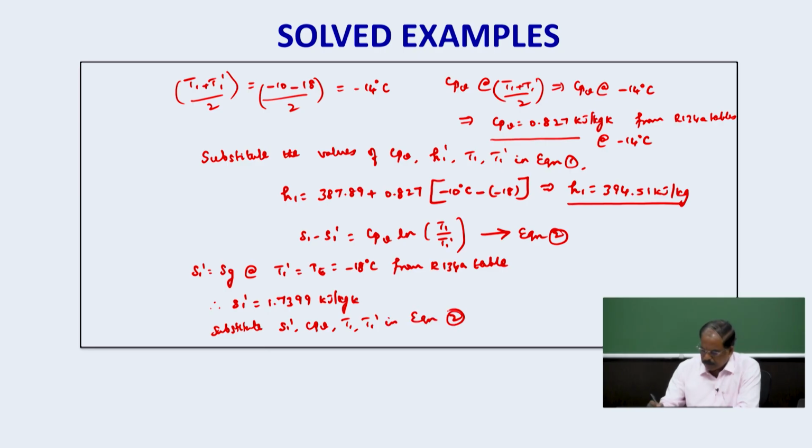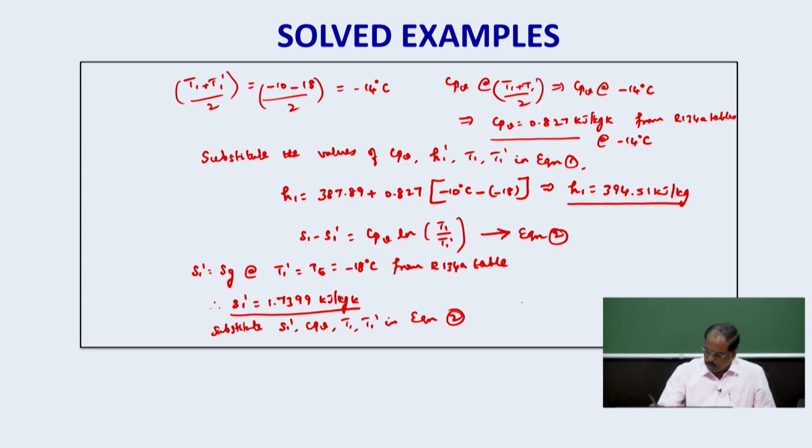Equation 2 is this one. So Cp of vapor is 0.827 kilojoule per kg Kelvin. T1 dash we know, given in the question. S1 dash is this value,